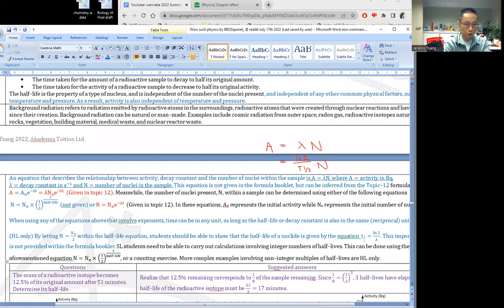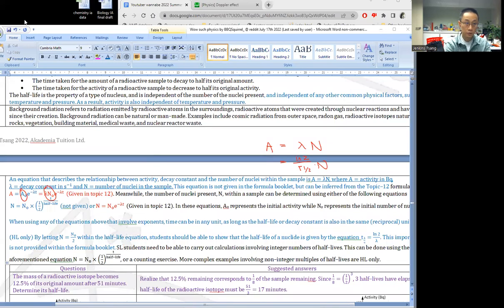And yes, we are definitely doing topic 12. So basically comparing this to this, we can see the initial activity equal to lambda, which is decay constant, times the number of radioactive particles within the sample. And then the half-life equation is also not given. So something that you guys definitely need to know well. So now knowing these equations,